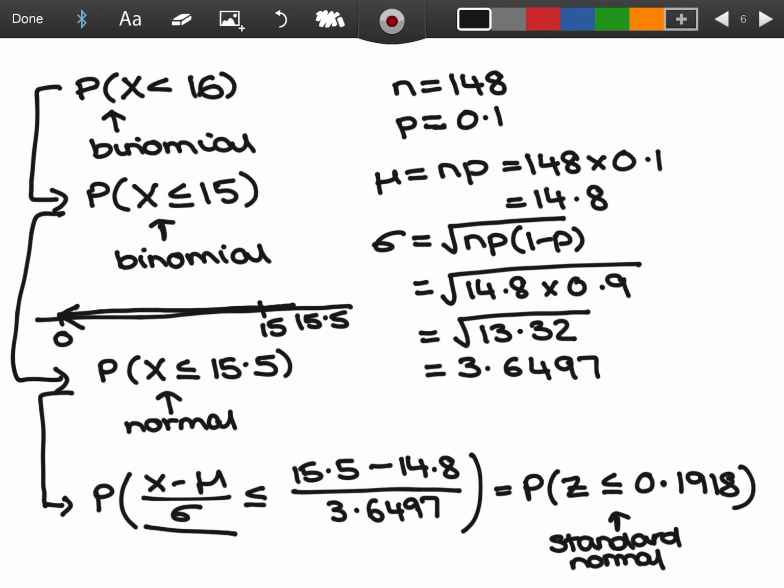Now I am here. My upper bound will be 0.1918. My lower bound that I can use is -10. So my lower bound is -10. My upper bound is 0.1918. My mean is now 0 and my standard deviation is 1, because going from the normal into the standard normal, all I have done is pulled it back to give it a mean of 0 and a standard deviation of 1. So if we figure that out, click enter, we get